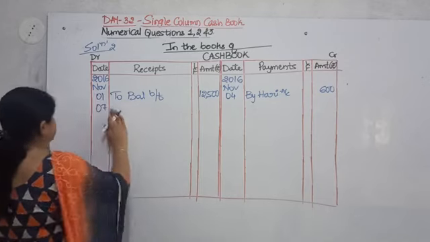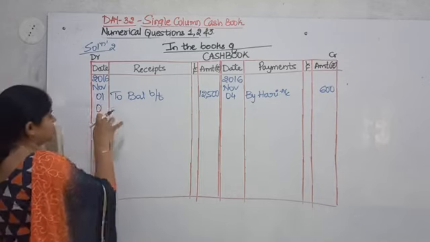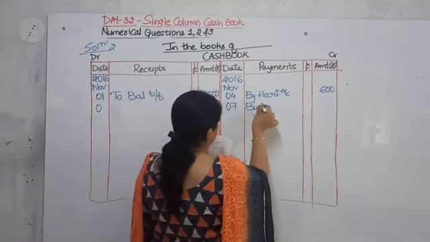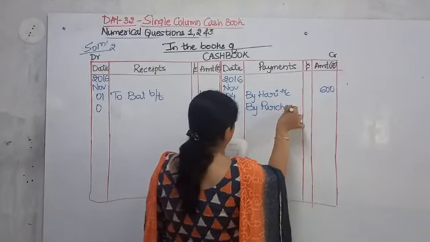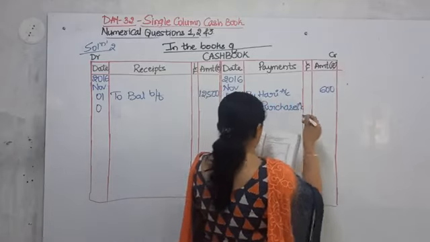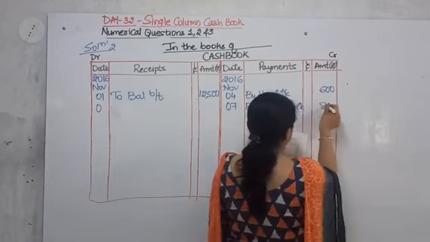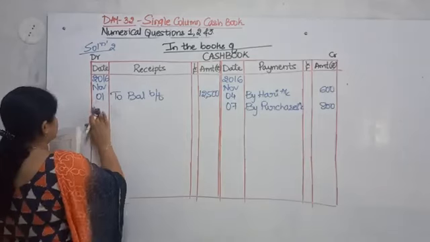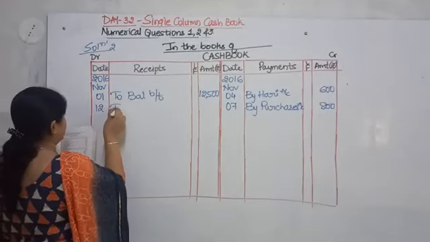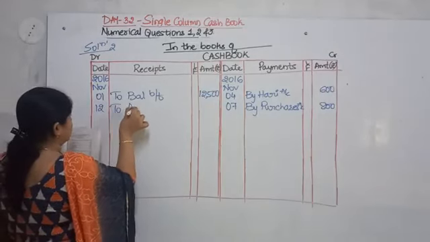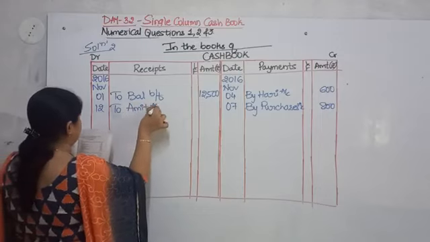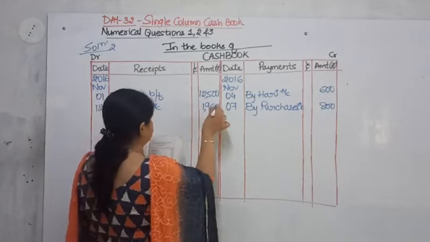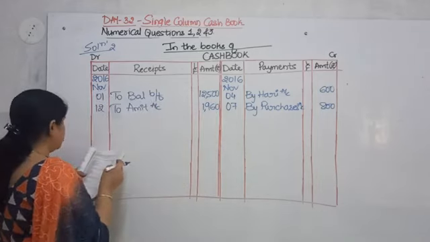Sorry, as it's a purchases transaction, it will come on the payment side. So write down by purchases. And what is the amount? See, amount is equal to rupees 800. Next, cash received from Amit. So it will come on the receipt side. Who is the giver? Amit is the giver. To Amit account. What is the amount? See, the amount is 1,960.